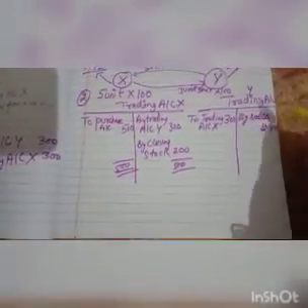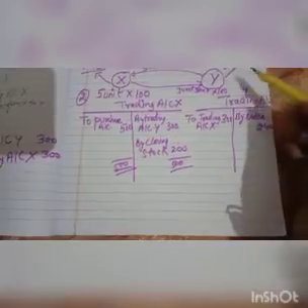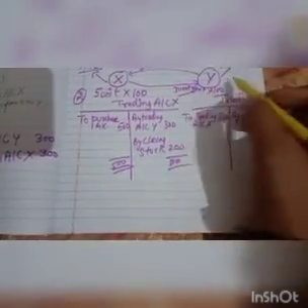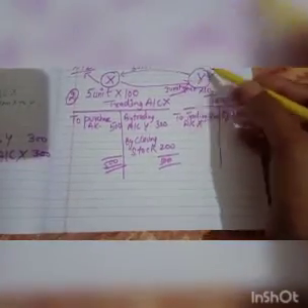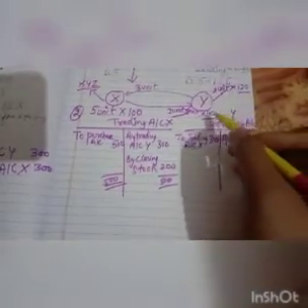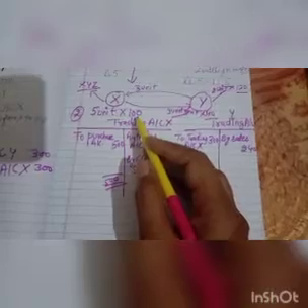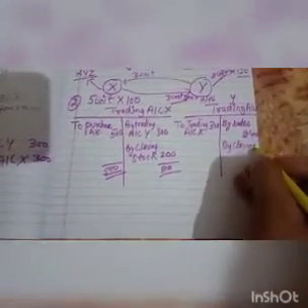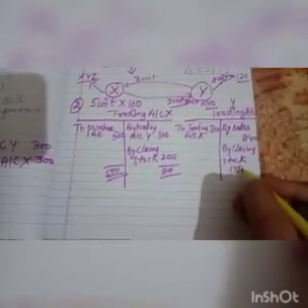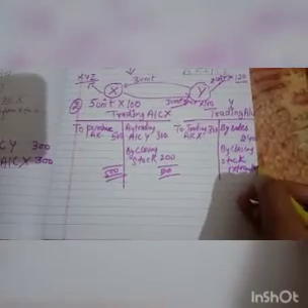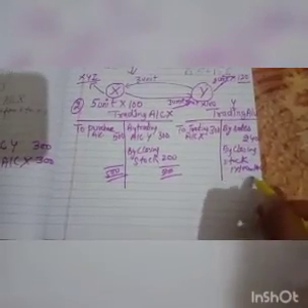So see, in department Y, how many units were there? 3 units. Out of those 3 units, 2 units have been sold. So how many units remained? 1 unit. And how much was the price? 100. So by closing stock, 1 into 100, the value is 100. So we are going to do the total.